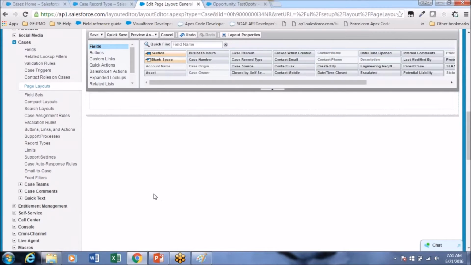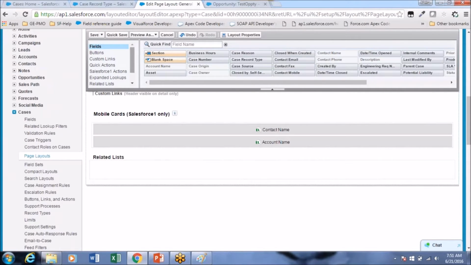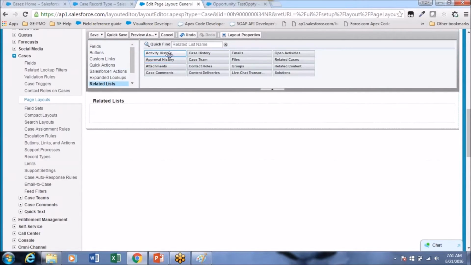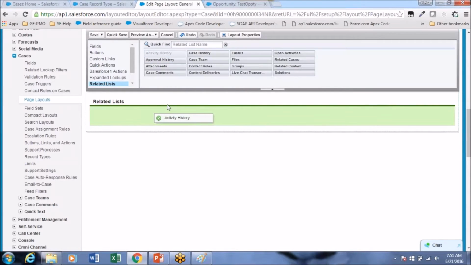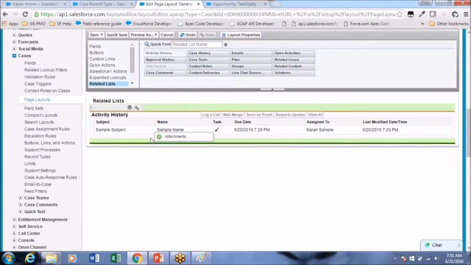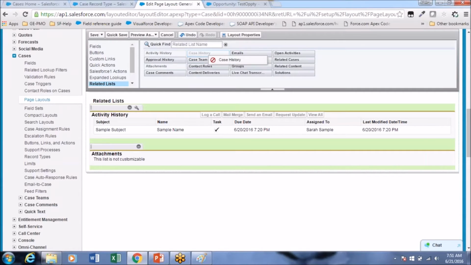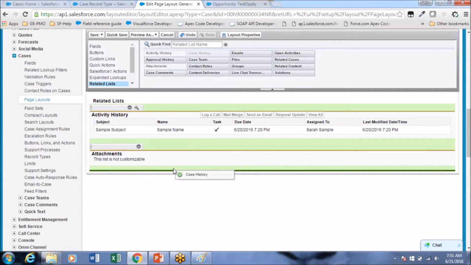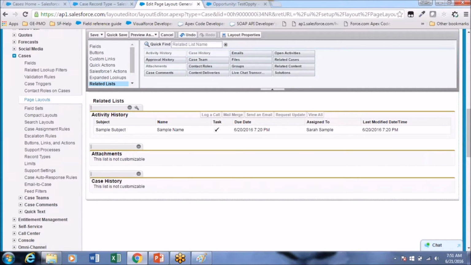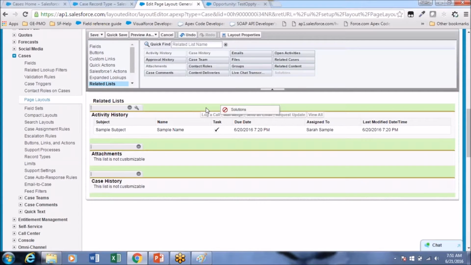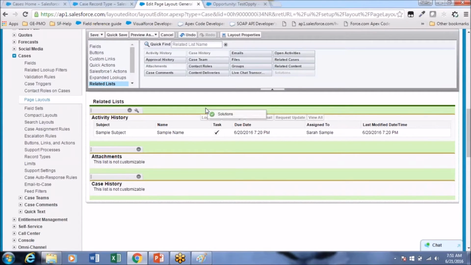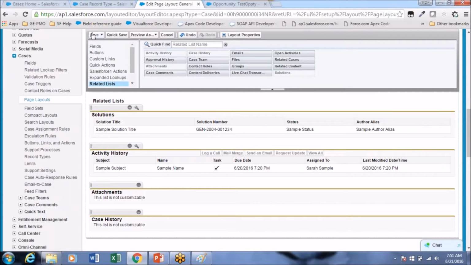Now you want to have only a few related lists like Activity History, Attachments, Case History, and Solutions.